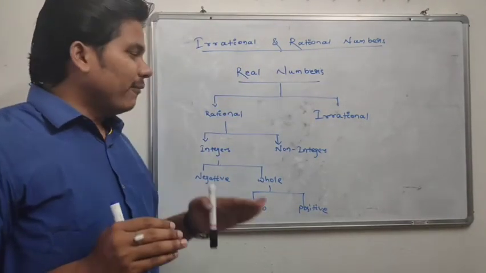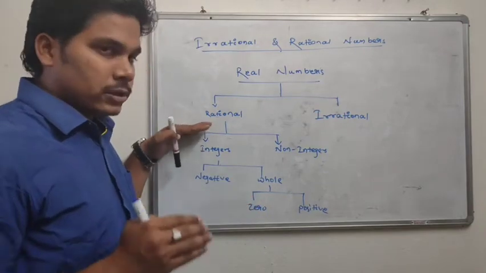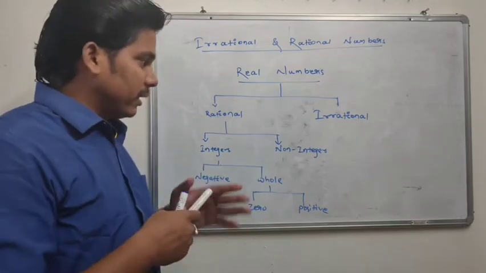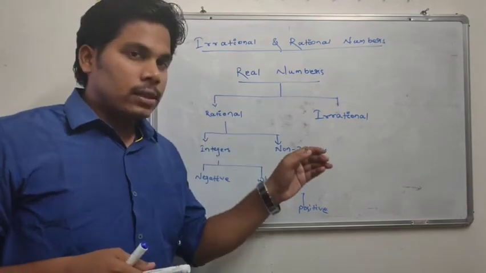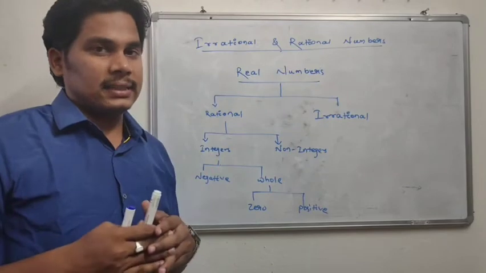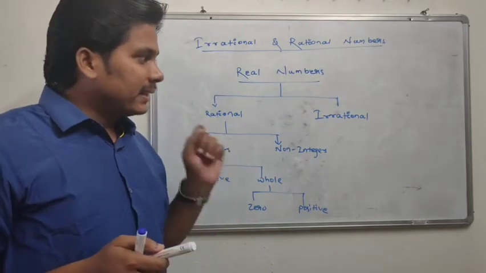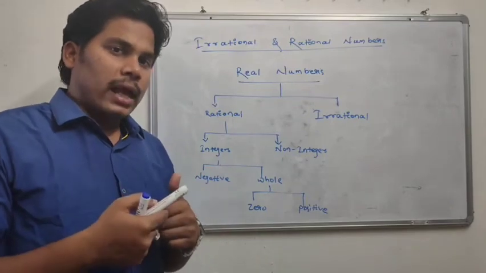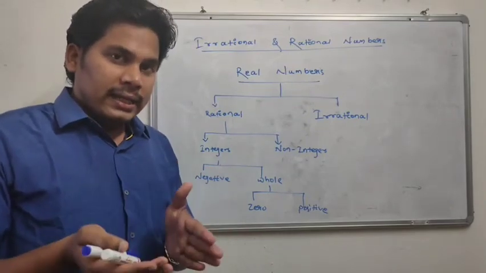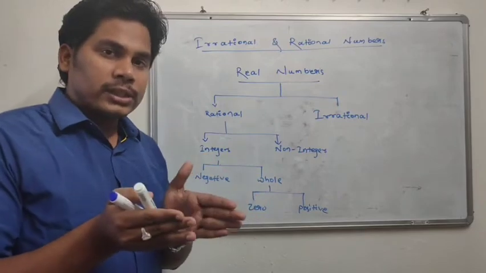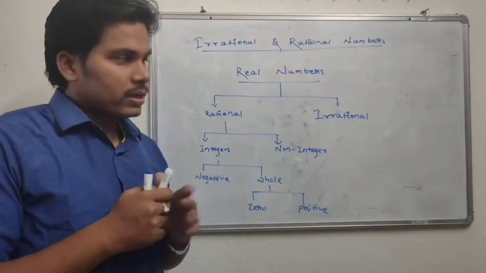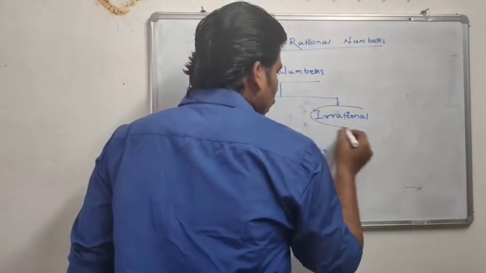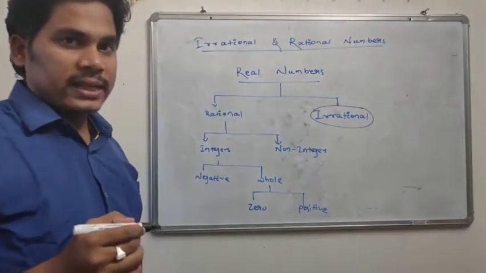Now, we have already covered up to this much from your lower classes, and rational numbers and irrational numbers you have also covered in class 9 mathematics. But today we shall discuss something more about the irrational numbers, and in addition to this, we will also discuss something more about the rational numbers. First of all, let us go to the irrational numbers. What is the speciality?